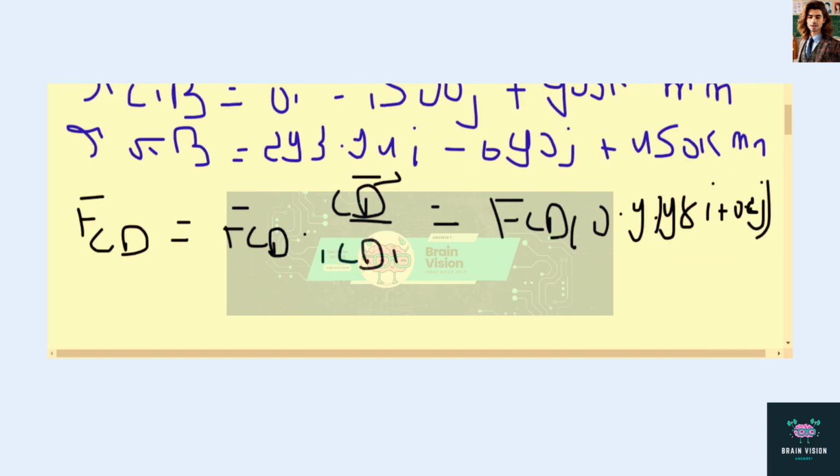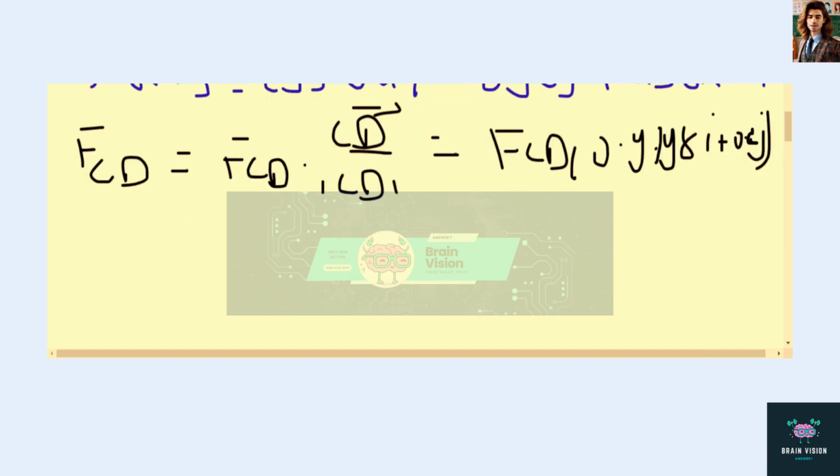Now, sigma MB is equal to sigma R cross F is equal to 0, that we know. So by taking the cross product of this R and F, we will get